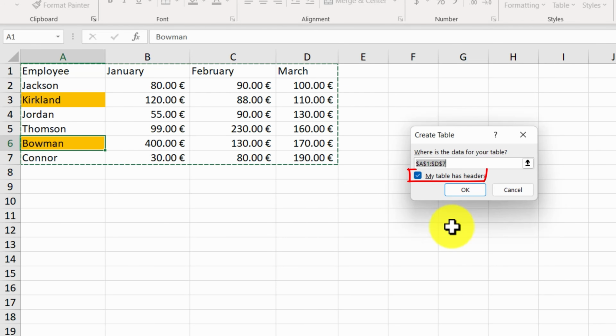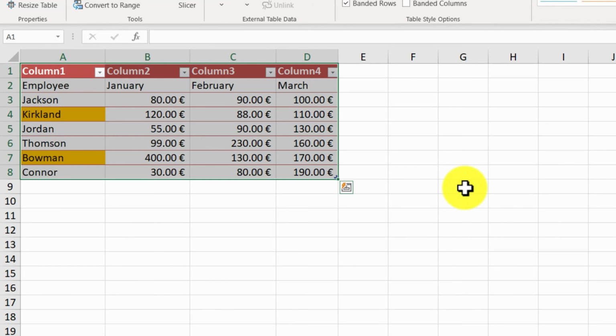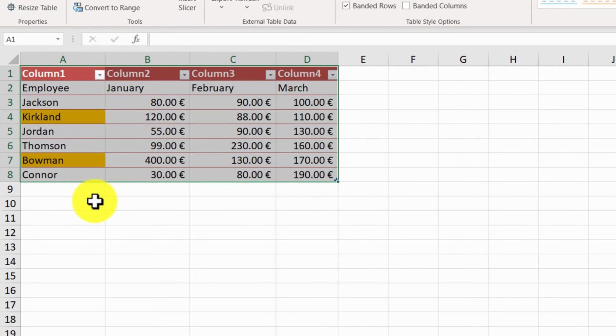There is a checkbox here that lets us define if the cell range we have selected includes headers. Even though in our case it does, let's see what happens if we uncheck it. The cell range has been formatted as table, and a new row was created to play the role of the headers. Notice that the cells with the orange background we had already pre-formatted didn't lose their formatting. But since our data has headers already, let's undo the table creation